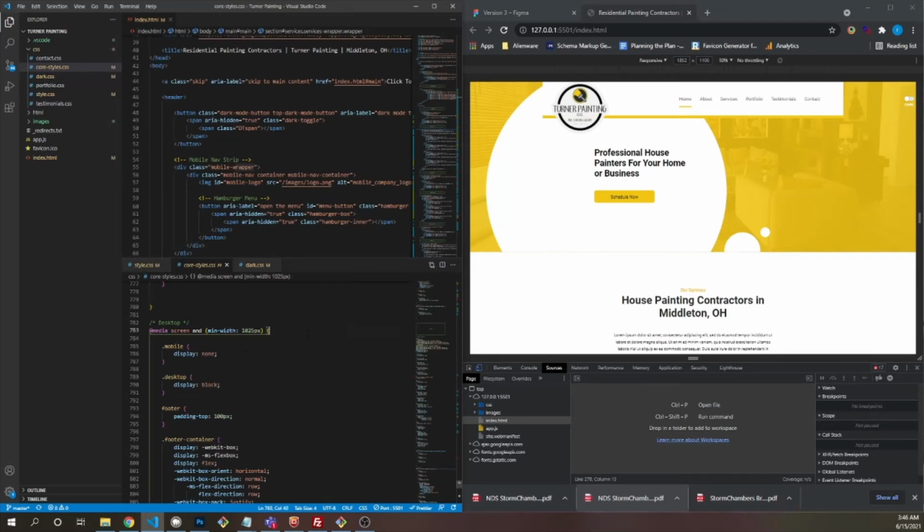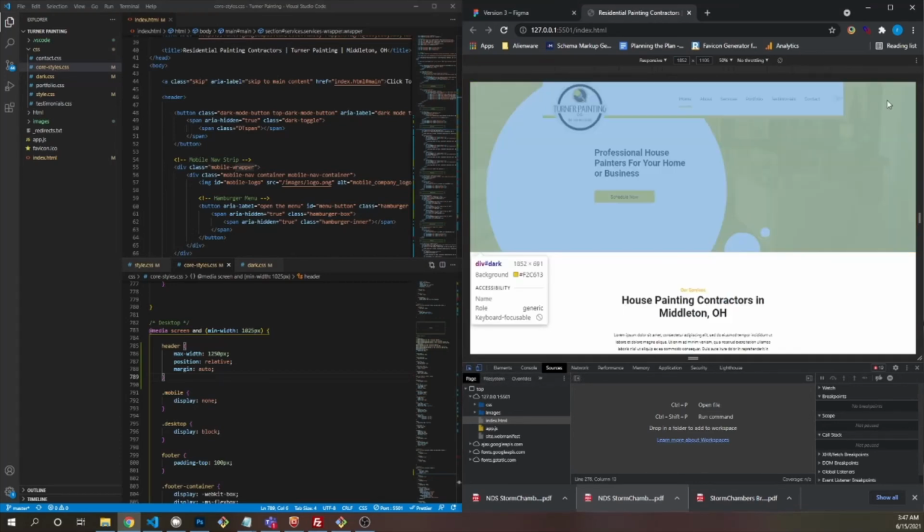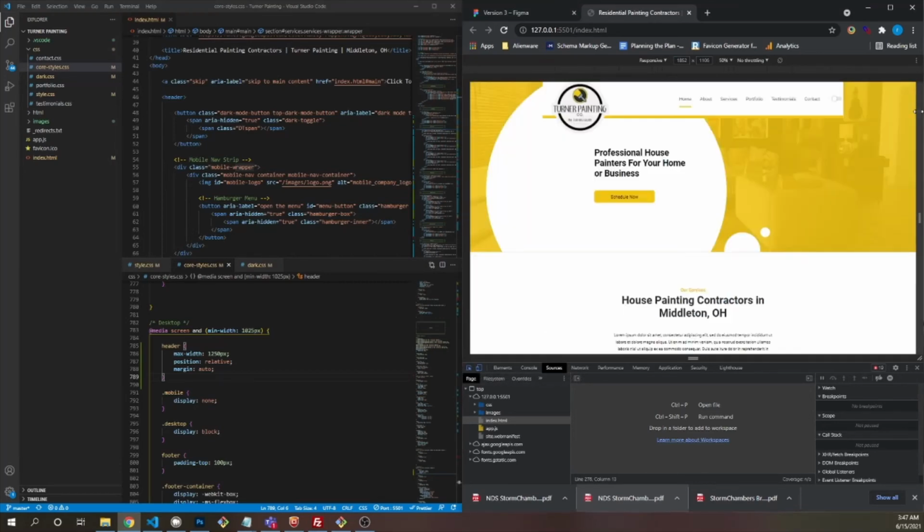We're just going to put it in here. So the problem we're having here is we want this to stay, this is the container for everything, so we want it to stay a certain width. However, behind it, there's nothing else to cover, so what we got to do, on